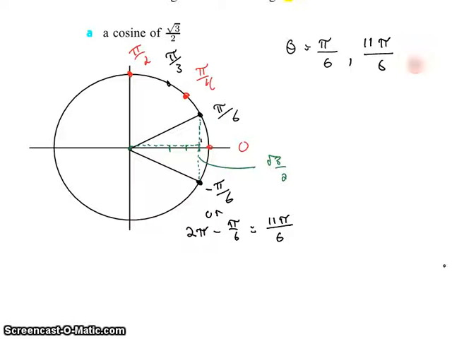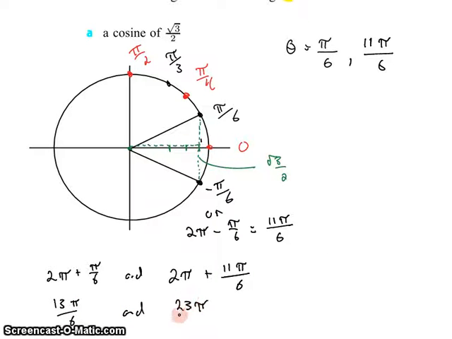There are more, though, because we're allowed to keep rotating. So we can rotate to pi on 6, and then 11 pi on 6, and then go again for a whole second rotation. So we go all the way around 2 pi, and then again to pi on 6 again. So there's 2 more solutions for the second time we hit these positions. And they'll occur at 2 pi plus pi on 6 and 2 pi plus 11 pi on 6. So we have our solutions plus another rotation. That's 13 pi on 6 and